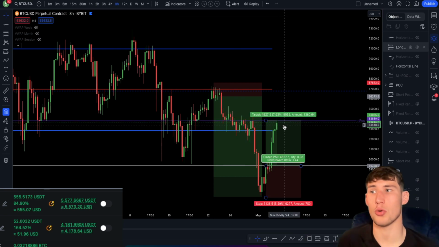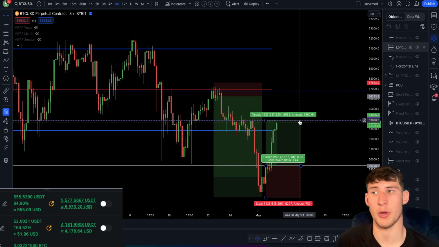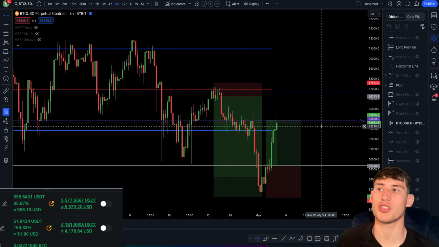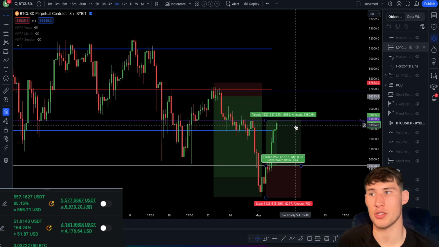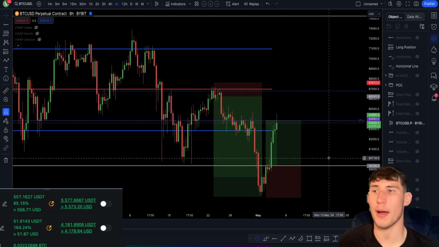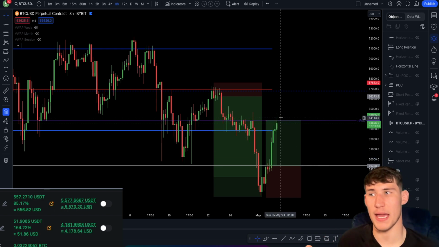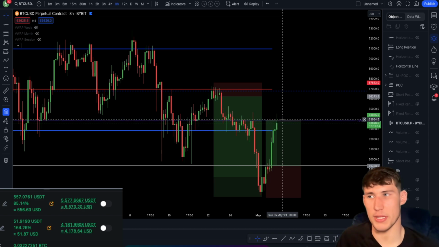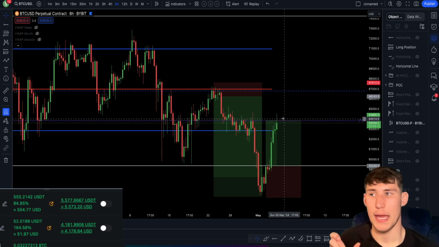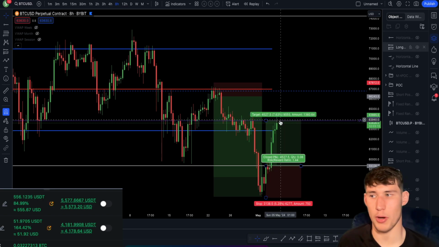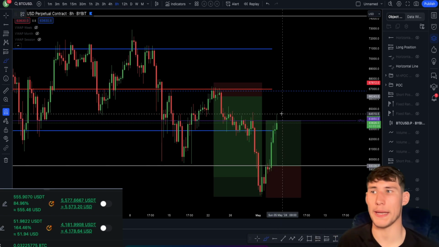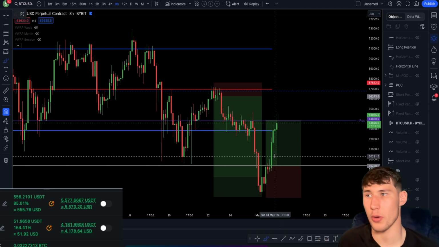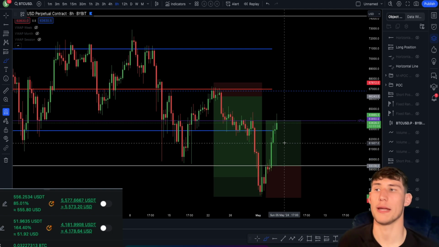I'm not looking to short this monthly MPOC at this moment in time, because for me, price just isn't looking bearish at this moment in time. Of course, yes, we could see a pullback from here, but I'm not seeing that weakness as of yet. If the weakness starts to creep in, then I will be looking to take a short trade. But because price is not showing any signs of weakness right now, I am just remaining long and chill on the price of Bitcoin and just riding that long trade higher.